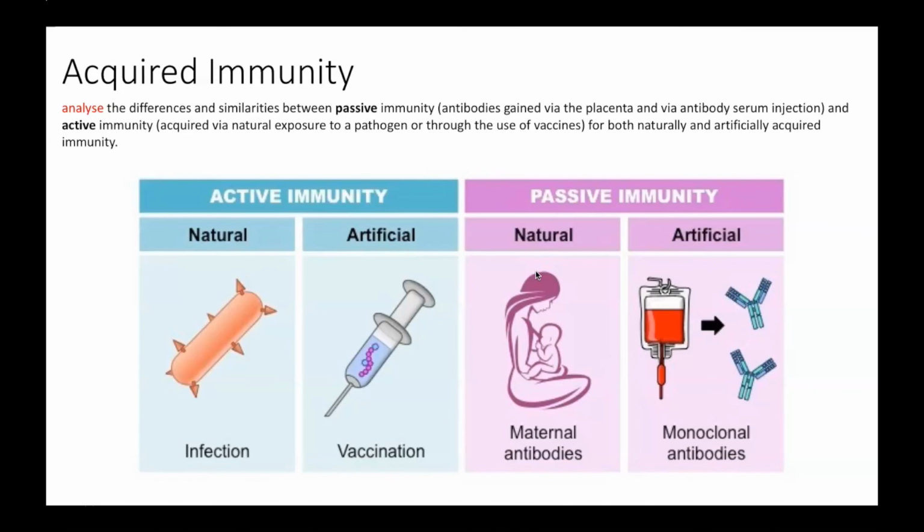So naturally acquired passive immunity can be in the form of antibodies passed through from the mother to the baby, and this can be through either breast milk or the placenta. So natural environmental sources. Whereas it can also be passed on artificially. Artificially acquired passive immunity is where these antibodies are already generated in someone else, and they can be injected through blood, plasma, transfusions,